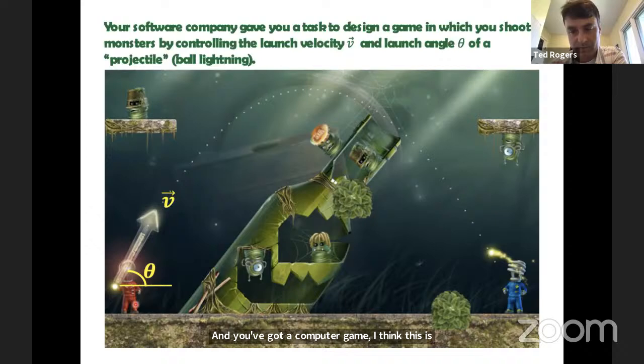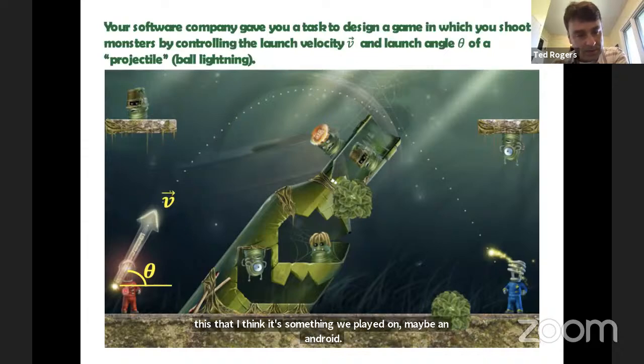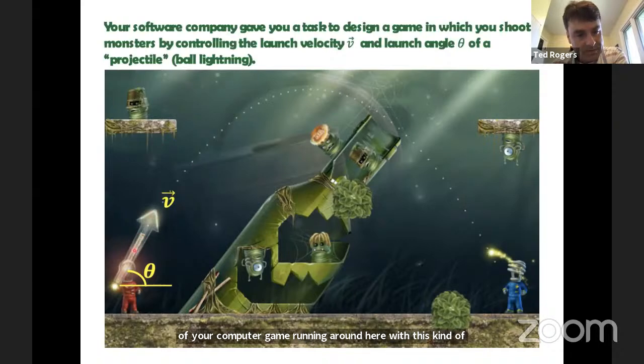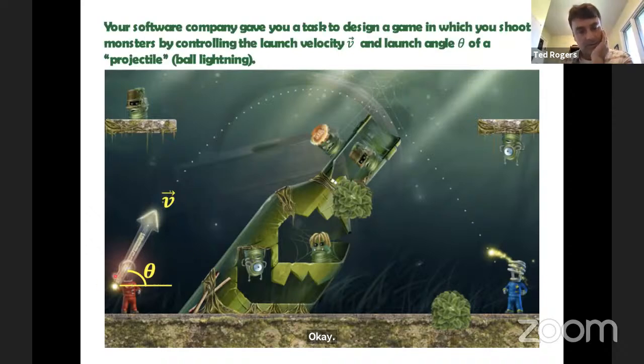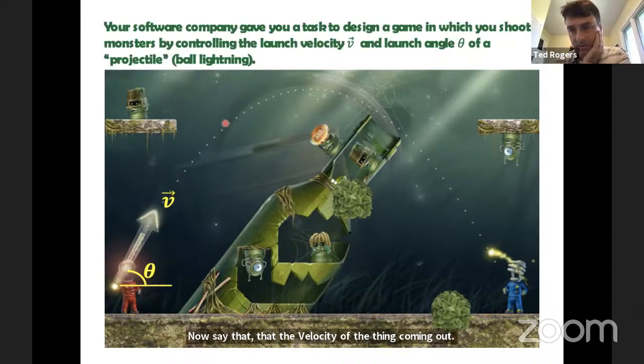I think this is an actual computer game with some creatures shooting ball lightning at each other. I've never actually played this, but I think it's something you can play on maybe an Android. And you've got a protagonist of your computer game running around with this kind of zapping light ball gun, and he's supposed to shoot these things like this little monster here, or maybe this monster. Okay. Now, say that the velocity of the thing coming out, say the ball lightning, or whatever